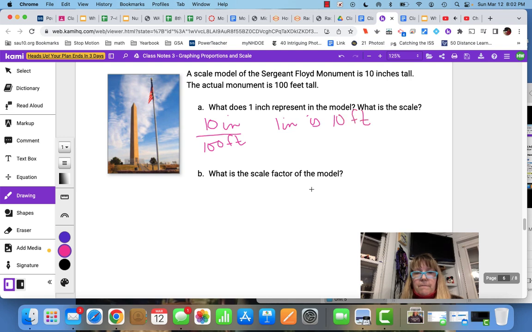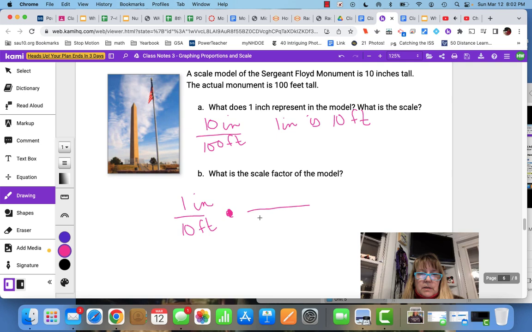So, but we're looking for the scale factor. The inches and feet, we need to have those be the same. So if I have 1 inch and 10 feet, I still want that to be 1, but I want either both of these to be inches or both of these to be feet. It's easier to multiply it